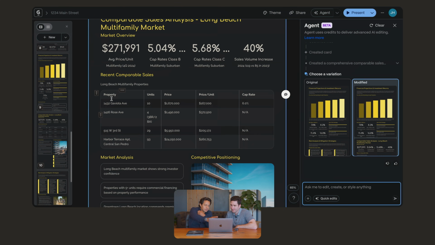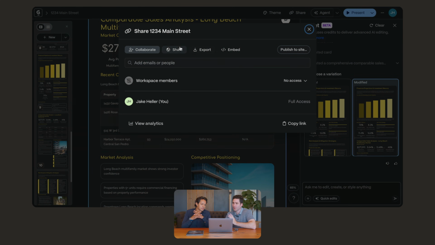Yeah. But all these numbers, so we do a lot of market updates, and the average cap rate in our area right now is 5.8 based on CoStar data. So this is pretty close. We didn't even give it that. We didn't even tell it where to stop. Which I would have. Of course. So this is insane.